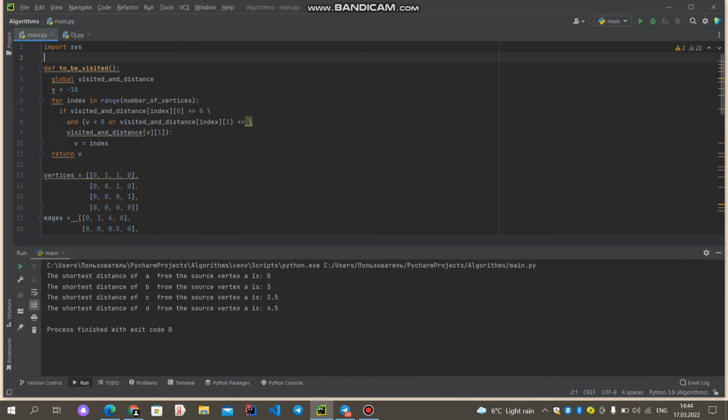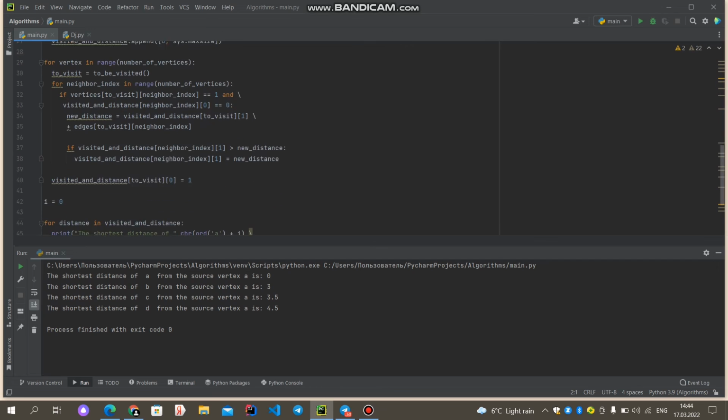Coding review. Coding review. I have functions and loops